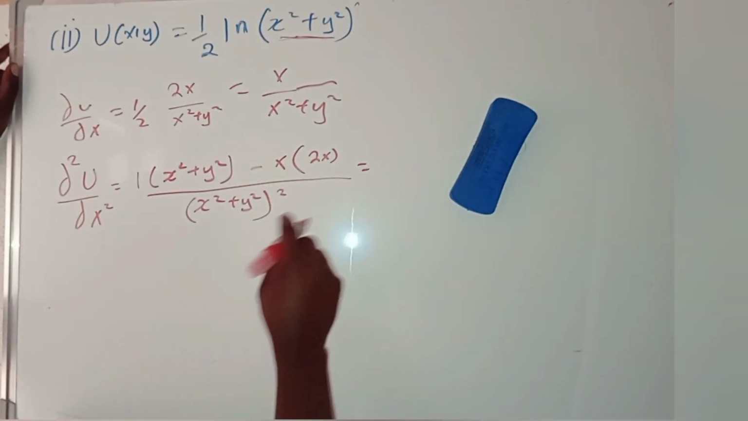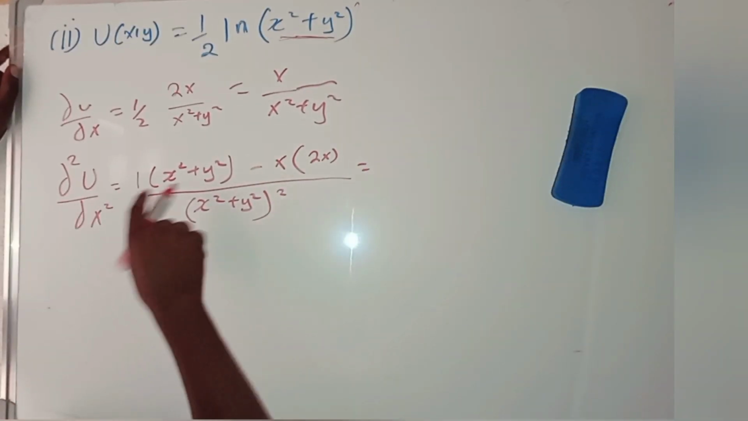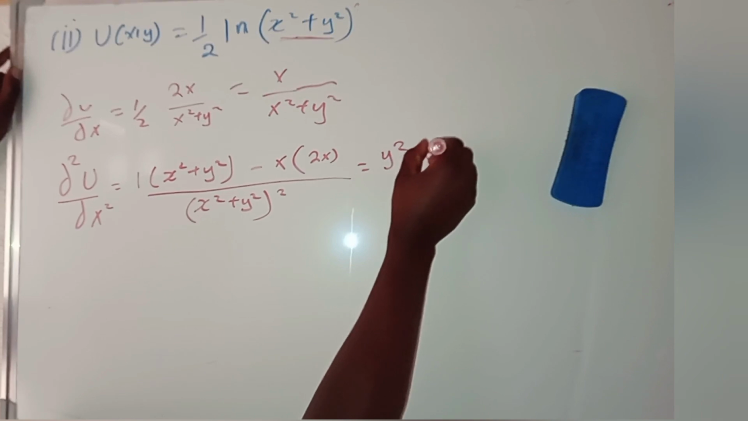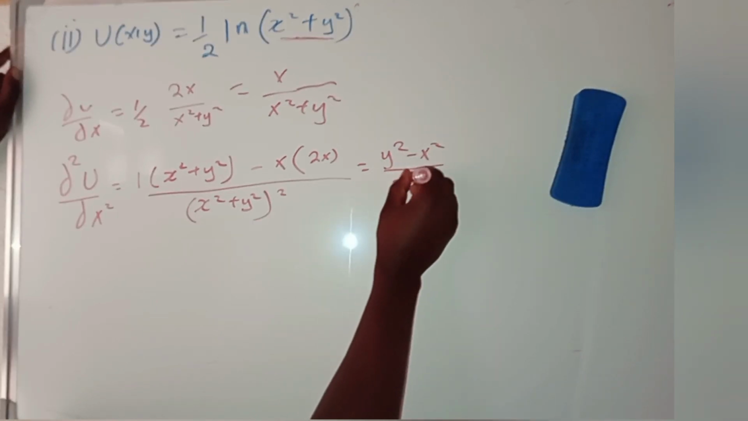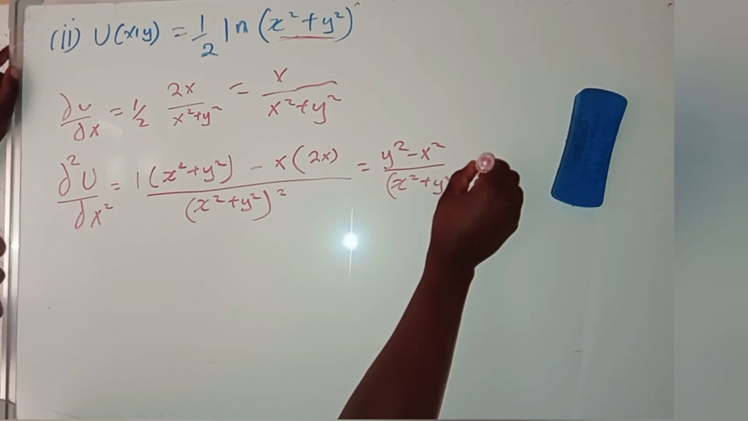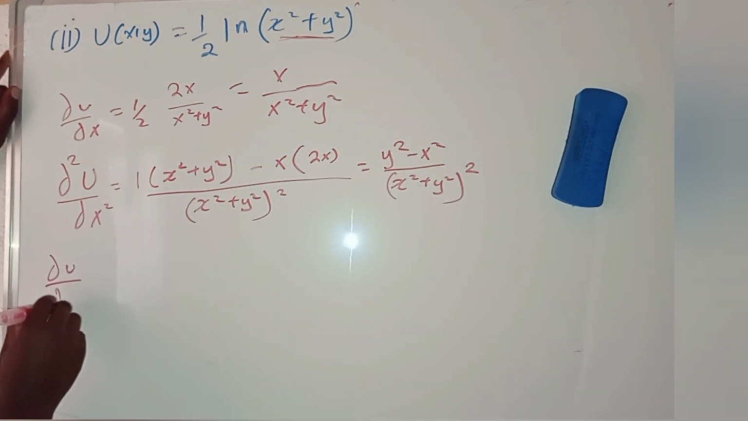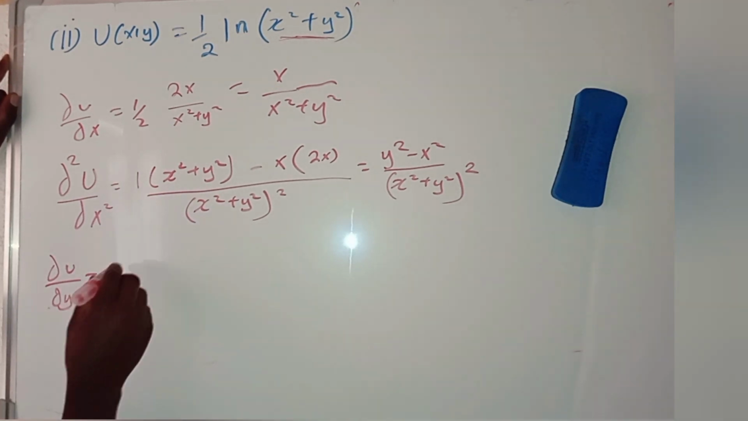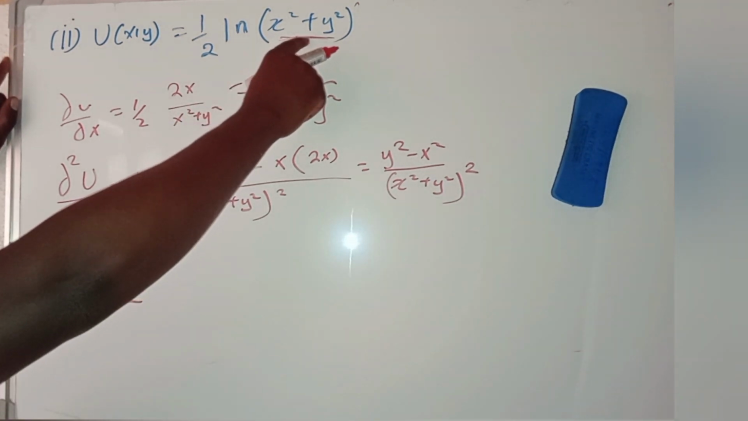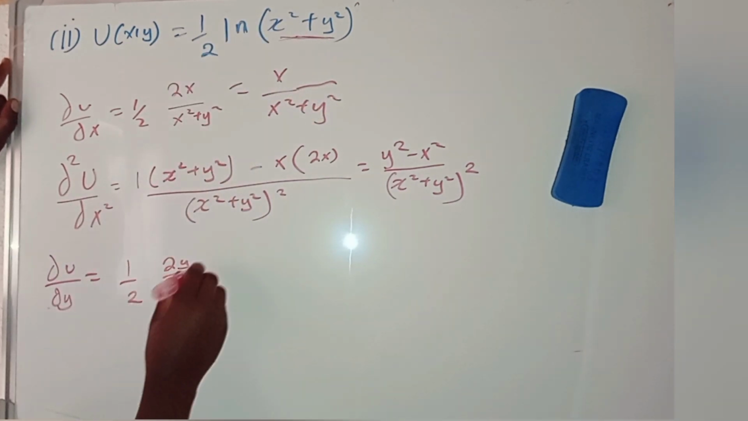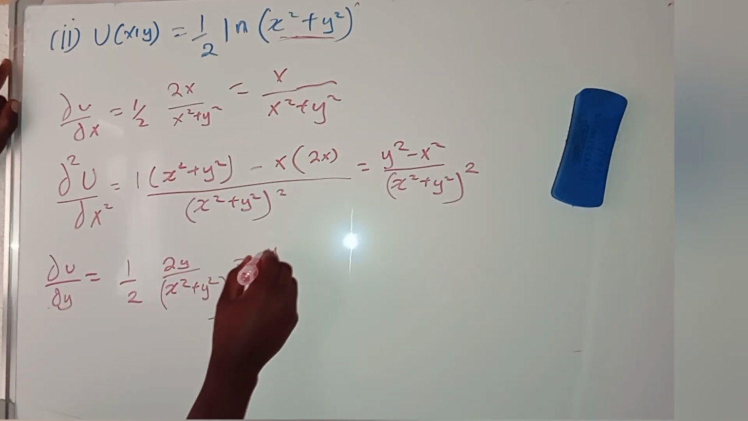This is equivalent to x squared plus y squared minus 2x squared, which is y squared minus x squared, all over x squared plus y squared, squared. So you are done with respect to x. The partial derivative of u with respect to y is equal to half. You differentiate this part partially. The part containing y is 2y divided by this x squared plus y squared, which is equal to y